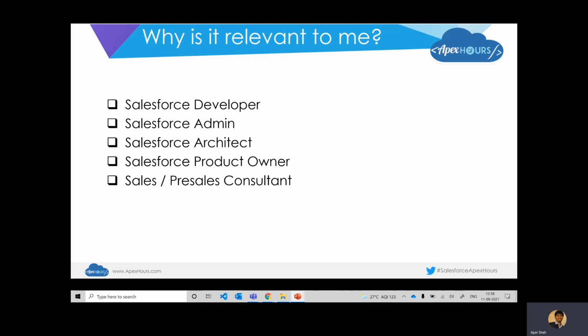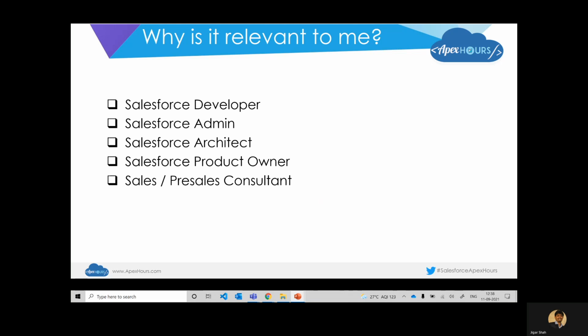You are a Salesforce architect, or a Salesforce product owner at your organization, and you often have to reach out to your stakeholders, because you're innovating on the Salesforce platform, and demonstrate these features. Or one of the most common areas, by far, which is very customer-facing, is being a sales or pre-sales consultant, right? Especially from the technology side.